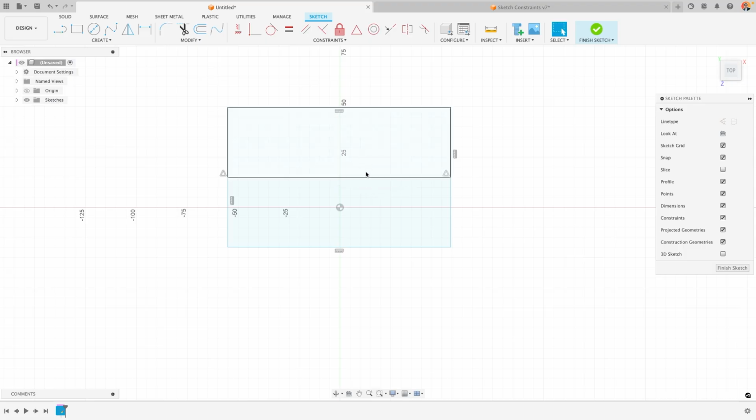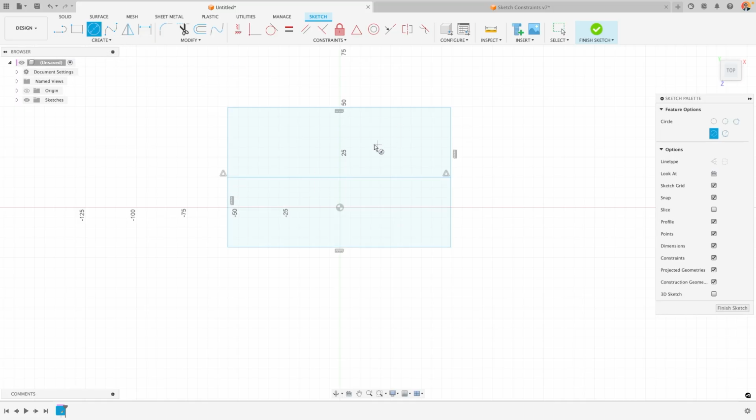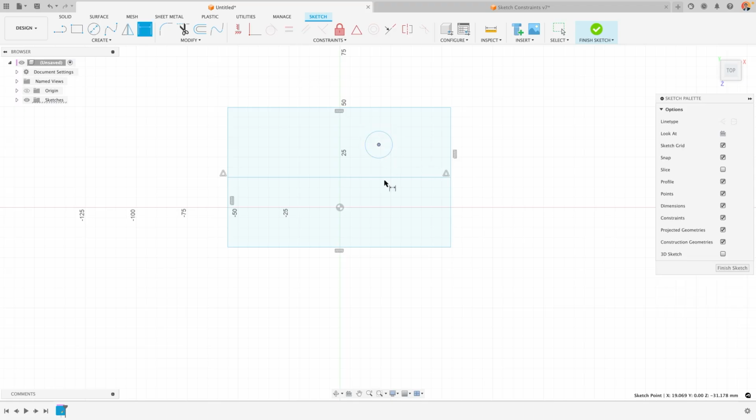But here's a trick you might not have known. You can actually also use the midpoint constraint when dimensioning. So if I create a circle here, for example, I can easily dimension it from this line because that's something that exists already. But if I wanted to dimension it and reference it from the center of this rectangle, there's currently nothing there that I can actually select to reference from